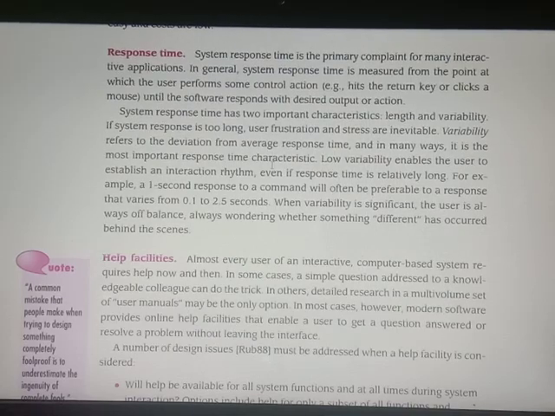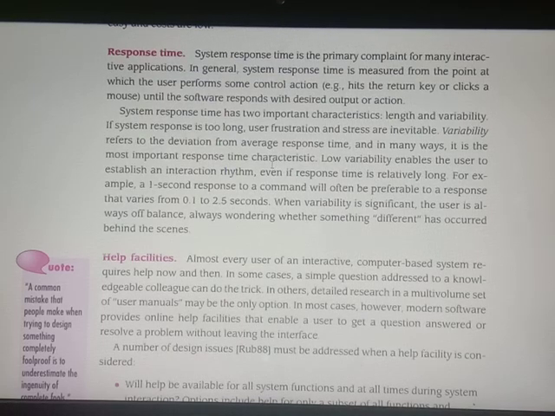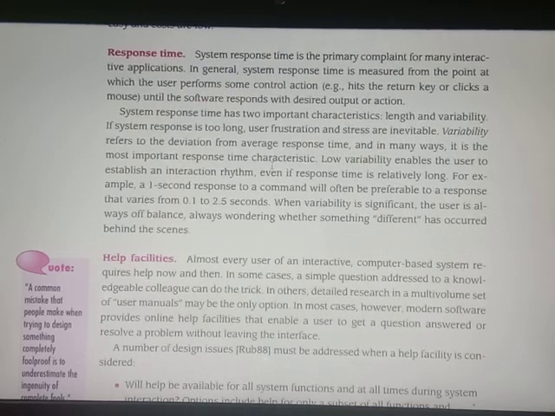That's why response time must be very quick. In general, system response time is measured from the point at which the user performs some control action, such as hitting the return key or clicking a mouse, until the software responds with the desired output or action. So the software has to respond appropriately depending upon the action given by the user.